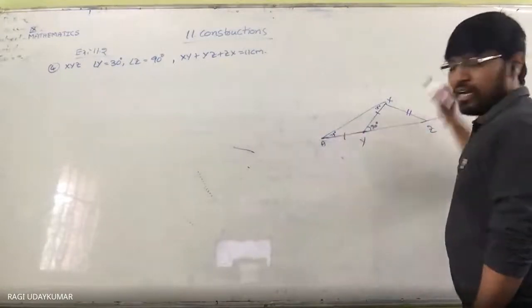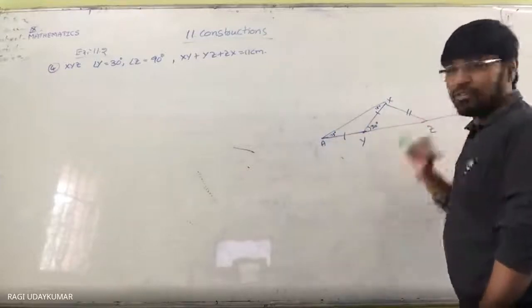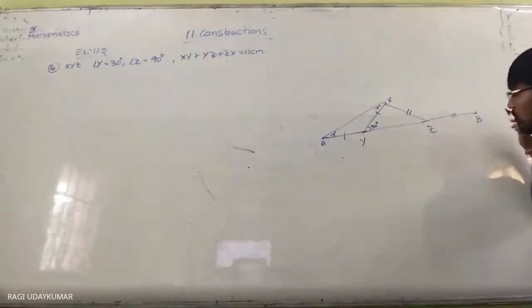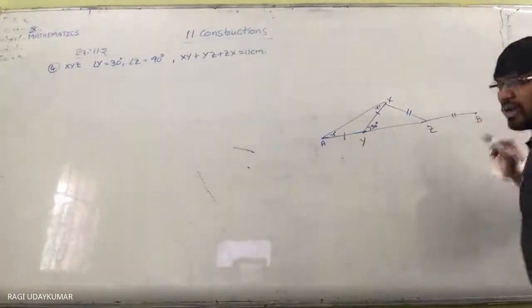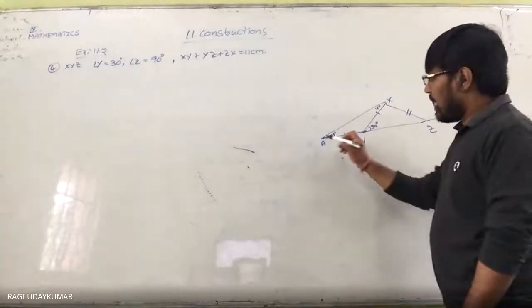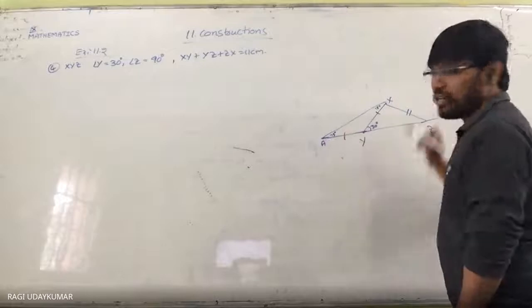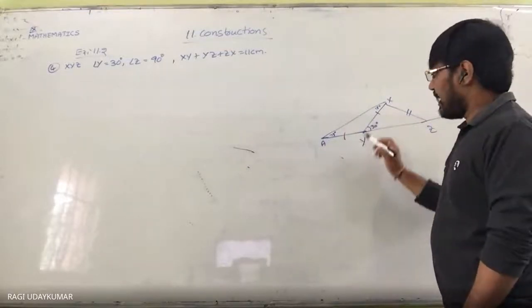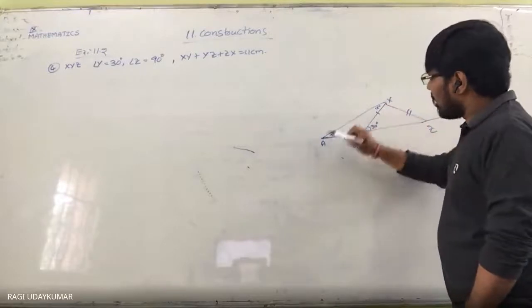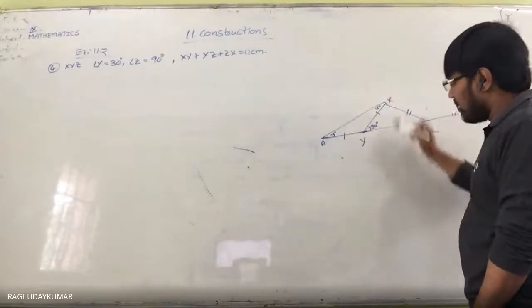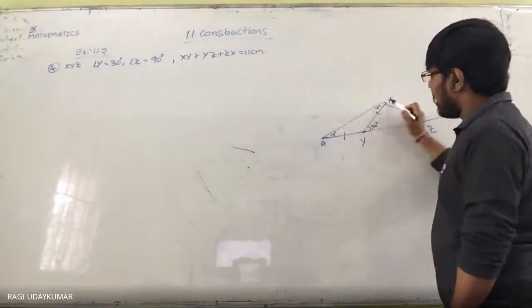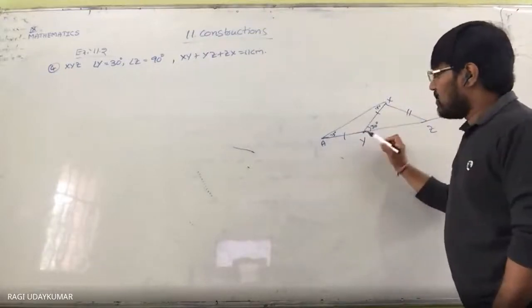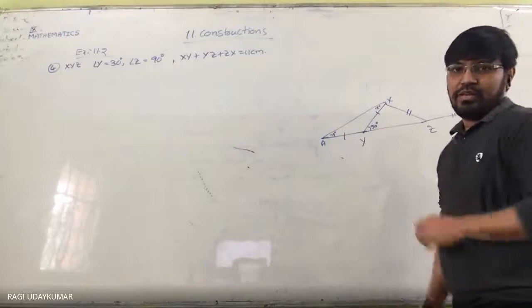This line will come. First we have drawn this line like this. And here, whatever angle is given, draw half the angle in between. But we don't know the point X here. Once we get X, join it, and the perpendicular bisector of AX will cut AB at a point Y, isn't it?